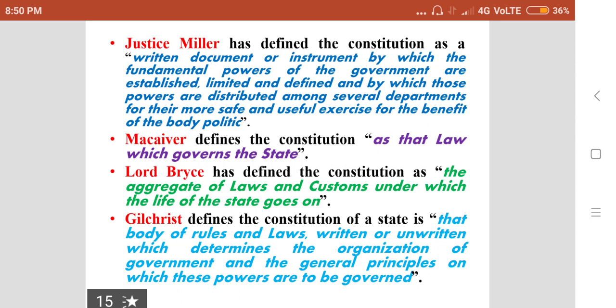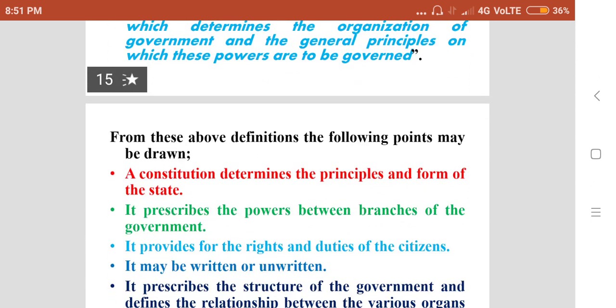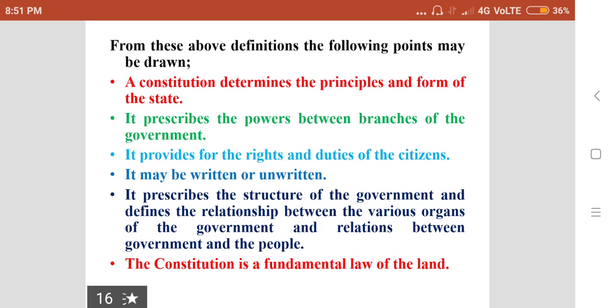Gilchrist defines the constitution of a state as that body of rules and laws, written or unwritten, which determines the organization of government and the general principles on which these powers are to be governed. So, when we analyze these definitions given by various political thinkers, some important points may be drawn. They are as under: